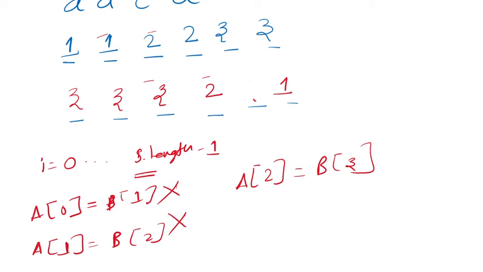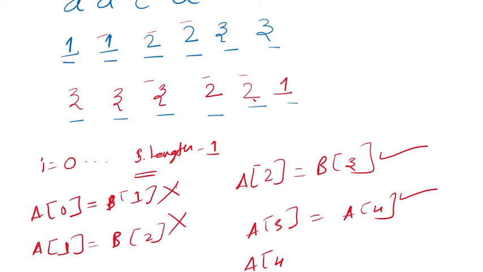I think this will be 2, right? Should not be 3. A2 equal to 2, B3 equal to 3. Hence it's a good split. A3 equal to B4, is it really equal? A3 is this, B4 is this. Yeah, it's a good split, and hence 2. A4 is equal to B5. A4 is 3, B5 is 1. So no. Hence these are the two acceptable solutions.